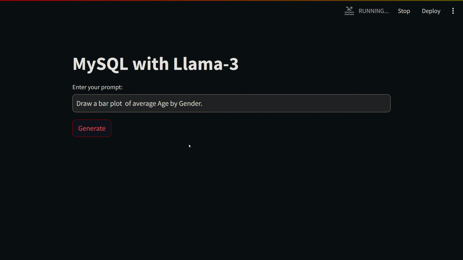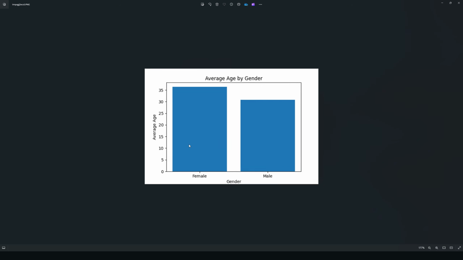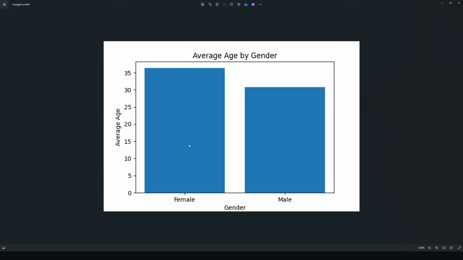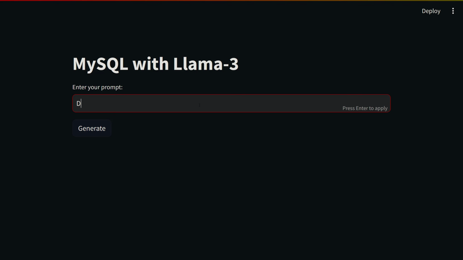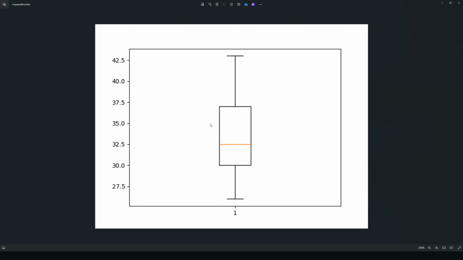Let me click generate. There you go. Here are the average ages by gender. This is simple, right? Let's go ahead and plot a box chart. Draw a box plot of the age column. As always, let me click generate. There you go. Here is the box plot of the age.